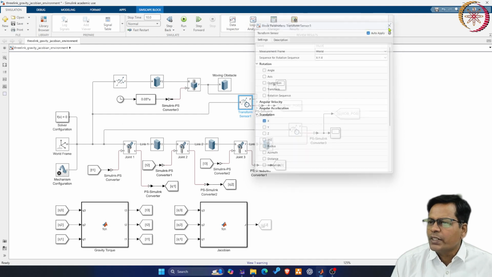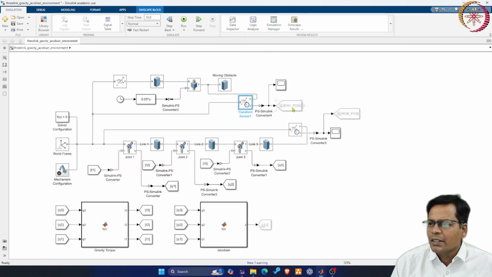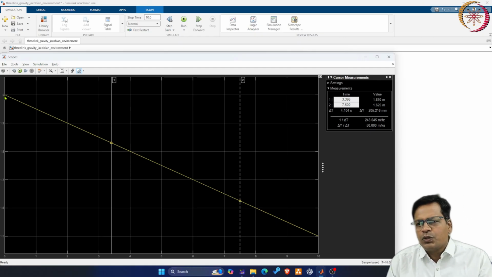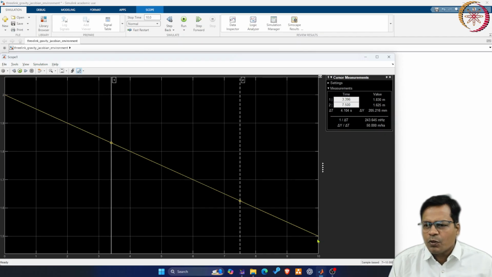I have stored that here as an environment position block and plotted it here also. You see it was moving with time. It moves continuously starting from the location x equal to 2, 0, 0 and moving with the constant velocity of 0.05 meter per second. Displacement is continuously towards the robot.